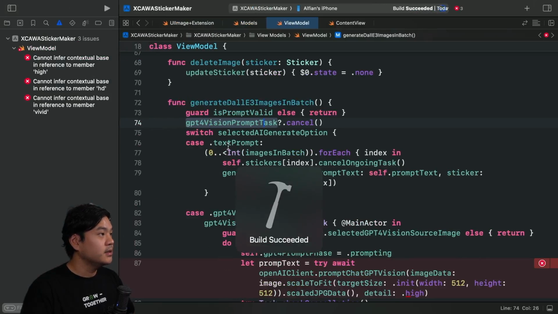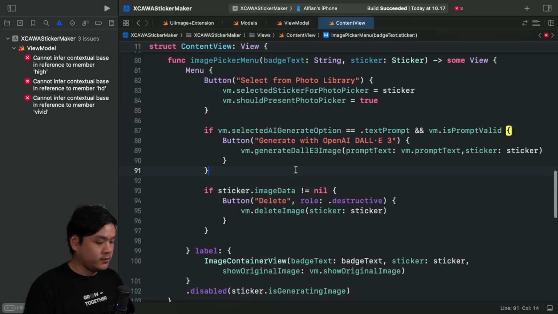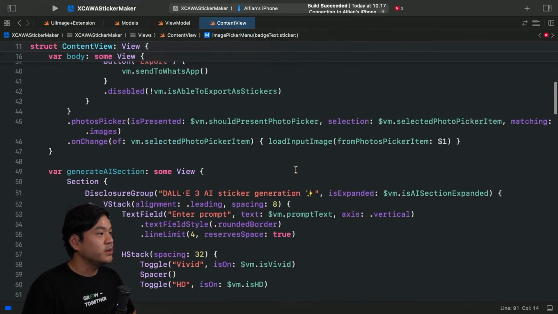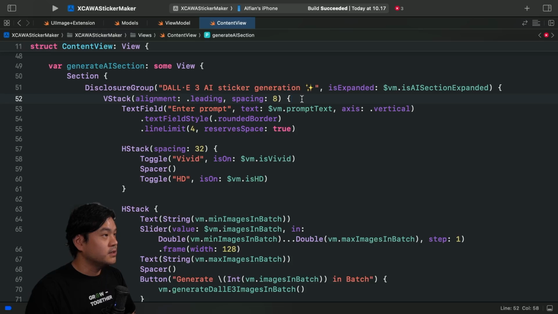Start to build again. Okay, build succeeded. Now we can go back to the UI and implement the UI to basically provide a segmented picker to provide an option for the user to select an image when they select GPT-4 Vision. So let's go to the content view now. First, it's going to be the generate AI section view. Okay, so let's begin from this